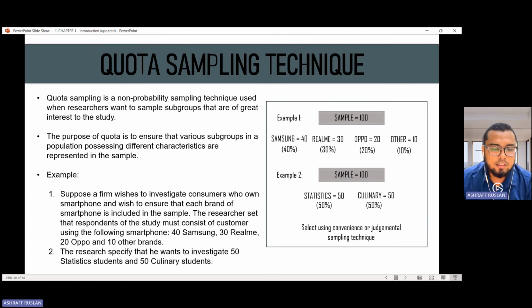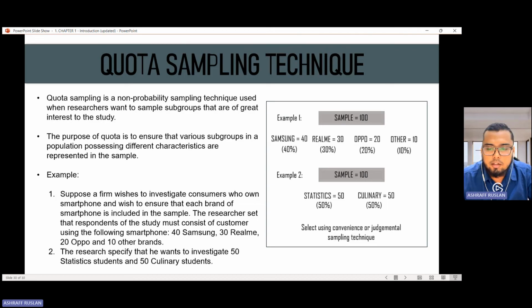So the researcher said that respondent of the study must consist of customer using the following smartphone. So dia beritahu, okay, 40 from Samsung, 30 Realme, 20 Oppo, and 10 other brands. Okay, so dia meletakkan kuota Samsung dia nak ada 40 orang respon.